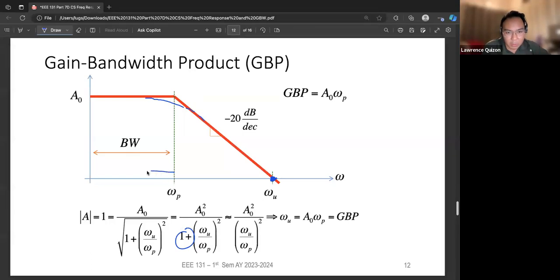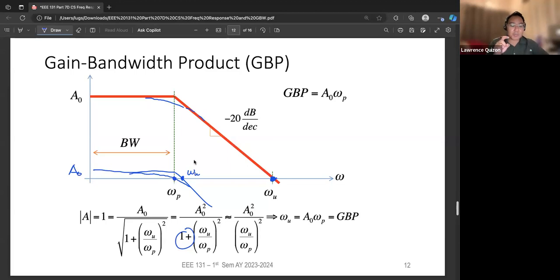Kapag nandito yung drawing natin, then the actual magnitude response is actually very different from the Bode approximation, no? From the piecewise Bode approximation. So then, your calculated gain bandwidth product would be there, but the actual gain bandwidth product would be there because